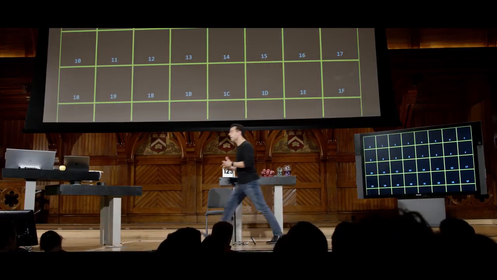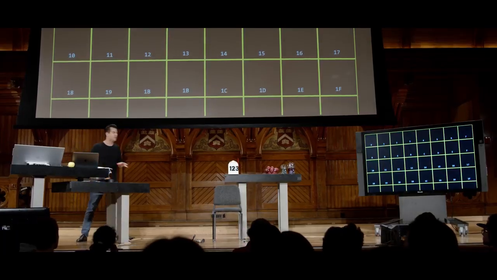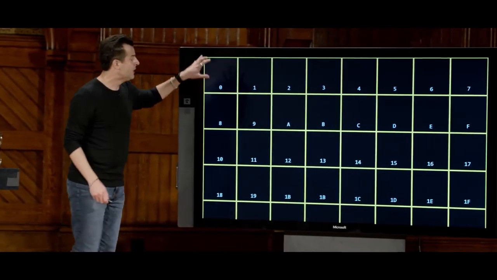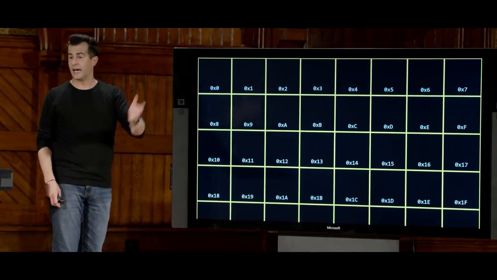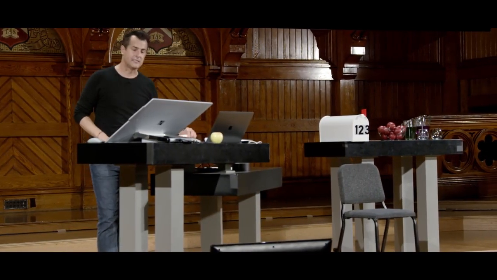So if we reconsider what our memory looks like, it's just this big grid of bytes. And we might describe the top one as 0 and the bottom one in this case as 1F. And we can just keep counting. However, at first glance, it might be a little ambiguous. Am I looking at decimal? Am I looking at hexadecimal? Am I looking at something else altogether? So humans years ago decided that just to avoid ambiguity, if you are using hexadecimal, the human convention is to prefix every number on the screen with 0x, just arbitrarily. The 0x means nothing mathematically. It just means here comes a hexadecimal value. So you can disambiguate it from something like decimal itself.